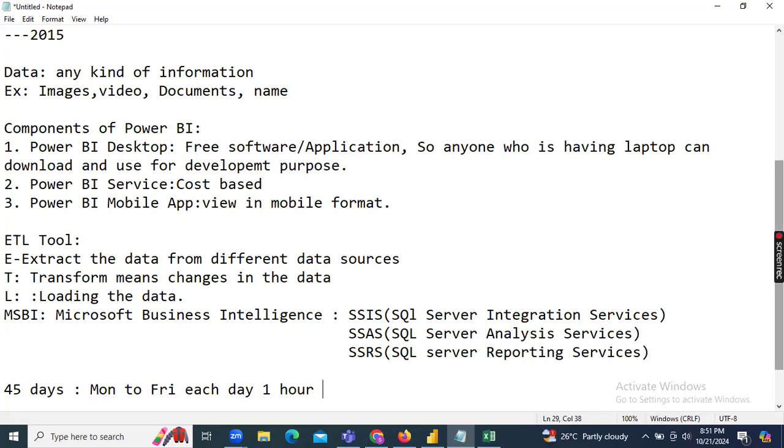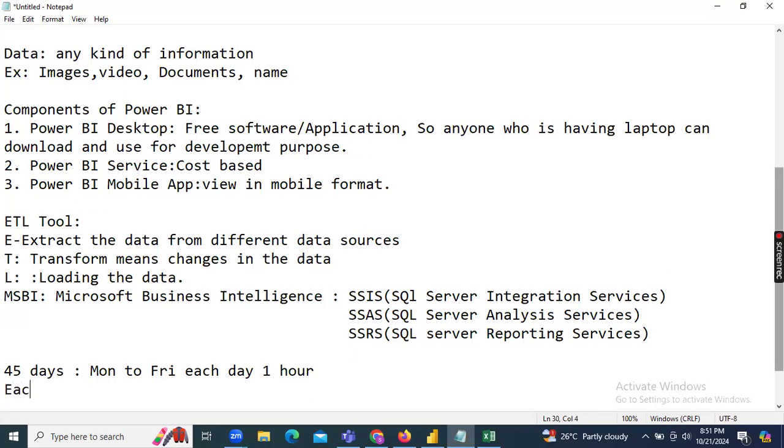Each week I will give you some assignments, so you should practice those concepts, because based upon my experience, these are the scenarios that will help you once you join a company with the same technology. If you face the same situation, you will be able to handle that kind of problem or solution. You have to identify that.